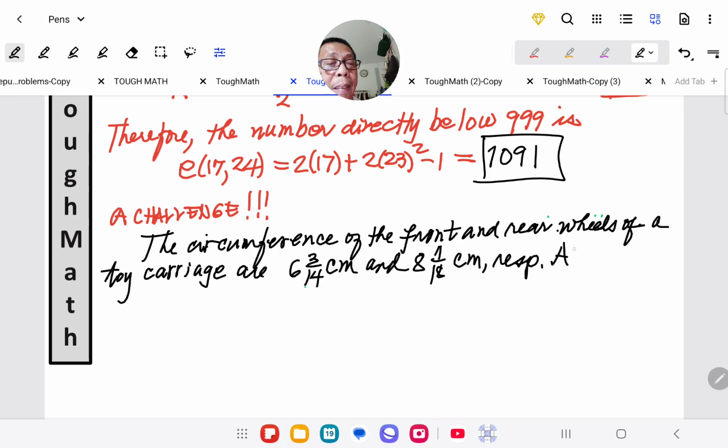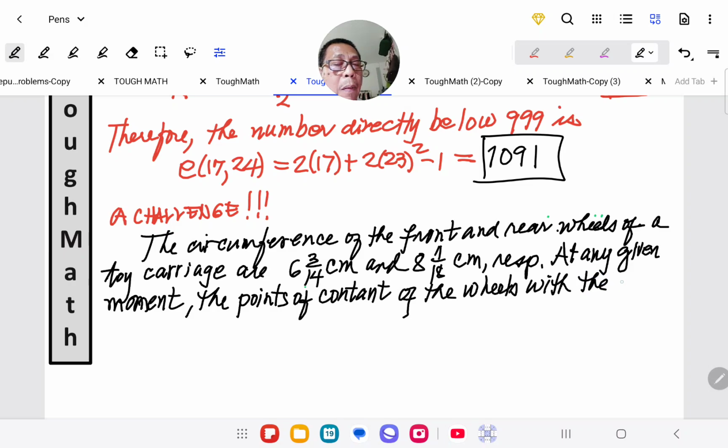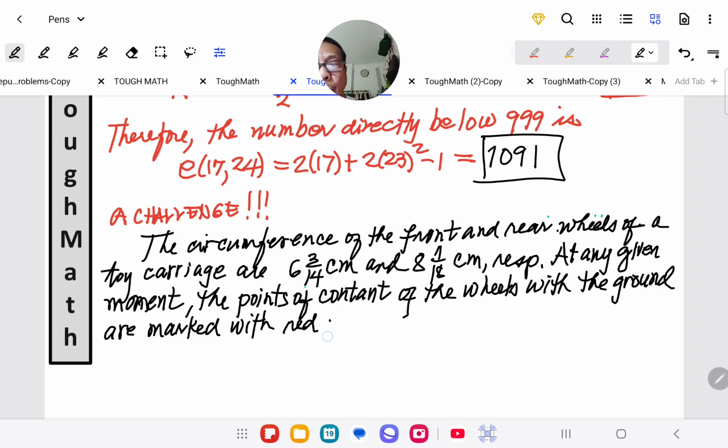At any given moment, the points of contact of the wheels with the ground are marked with red paint. Find the distance